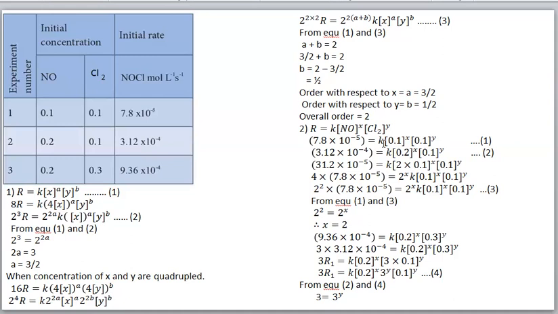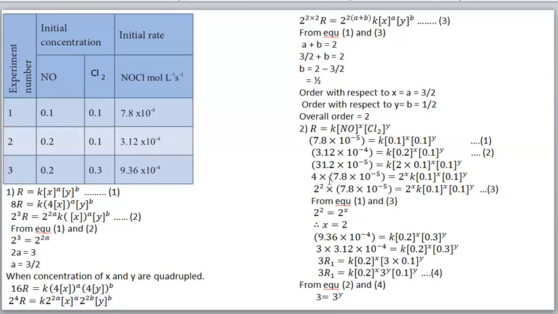Then we can rearrange this equation in such a way that we have to get these terms. Okay. So these 2 we can write 2 into 0.1. Okay, 2 into 0.1. Remaining as it is we can write. Then you see this term, this 2 we can take it out. So 2 to the power X will come out. 2 to the power X into K into 0.1 to the power X, 0.1 to the power Y.